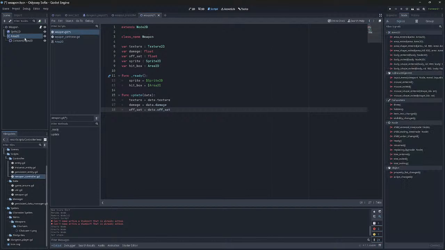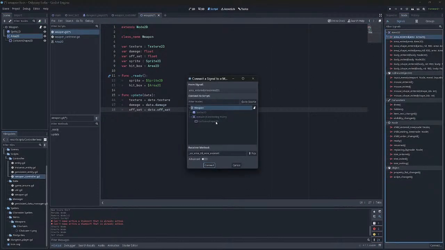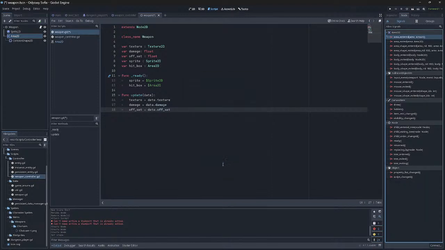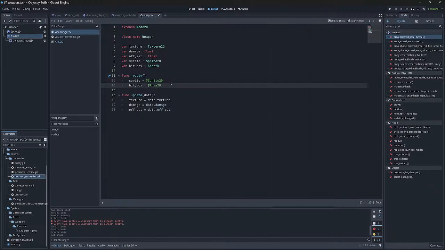First, let's go back to the weapon, and then we'll go here. This is what we're looking for. And yeah, we're going to connect it to the weapon. So this is another way of handling this. I don't think we're going to do this. Let me see if I can connect it the other way. I don't like connecting it like this. So we're going to say